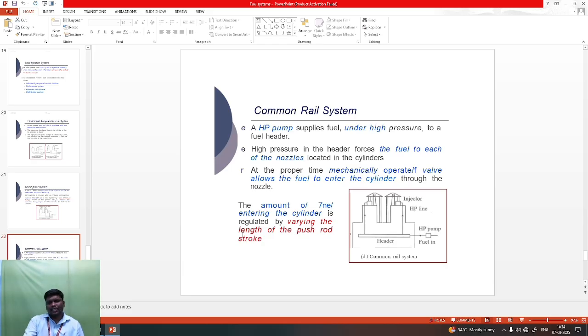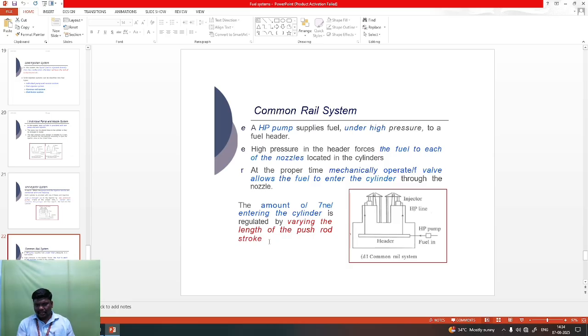Okay, so next one is that the amount of fuel entering the cylinder is regulated by varying the length of the plunger stroke. In previous systems we can see the low pressure pump will be located at the bottom and the high pressure pump will be located next to it, on top of the injectors. But in the common rail system there will be no use of a low pressure pump, because there will be a large amount